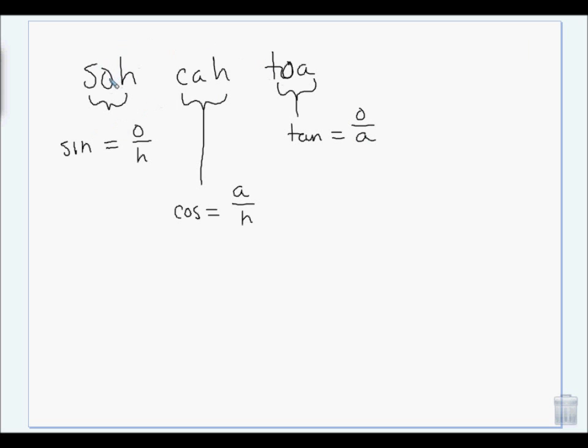There's another way that I know to remember them, but you have to remember that it goes sine, cosine, tangent. Oscar had a heap of apples. Opposite over hypotenuse, adjacent over hypotenuse, opposite over adjacent. That's the way they taught it to us in high school, but it didn't tell you sine, cosine, tangent. You had to remember it goes sine,